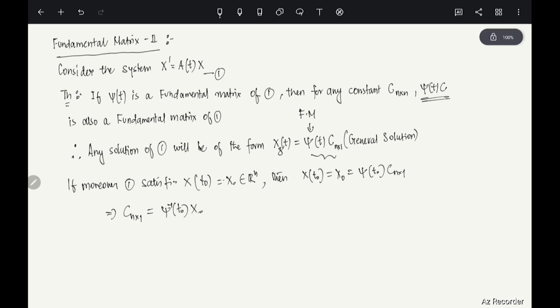Here x0 is a vector in Rn and phi inverse of t0 is an n cross n matrix. Phi is a fundamental matrix, so phi is invertible, hence I can take the inverse. Therefore the solution of this problem, x prime equals A(t) times x with x at t0 equal to x0, will be of the form